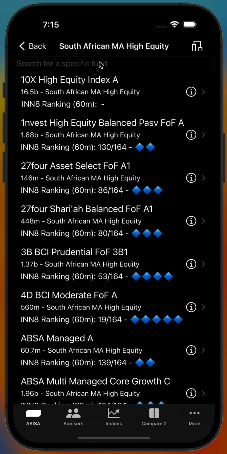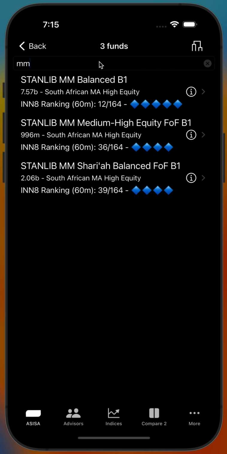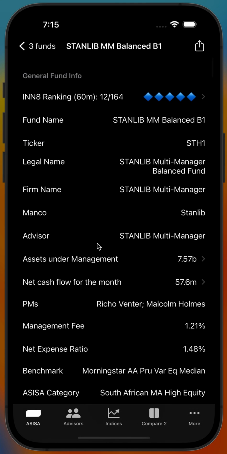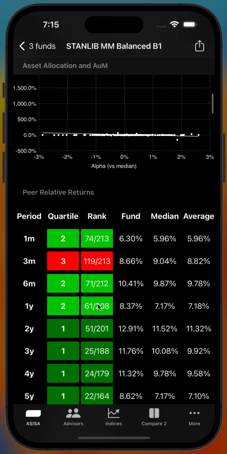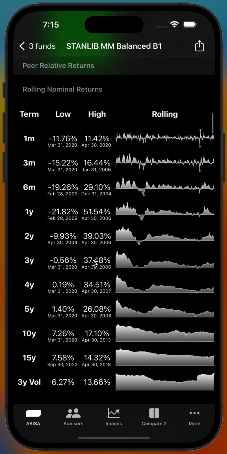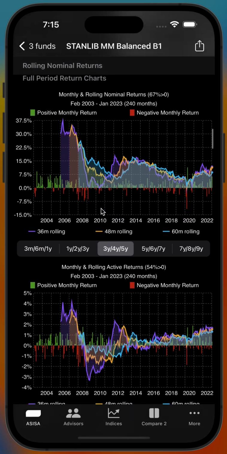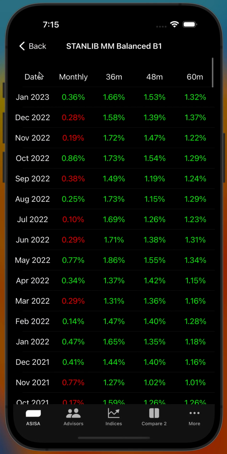from there. So again, I'm just going to choose the fund by searching for Morgan Stanley Multi-Manager Balance Fund, and we've covered all of this, the general information, the asset location and assets under management, the performance to date and rolling performance over various sort of periods,